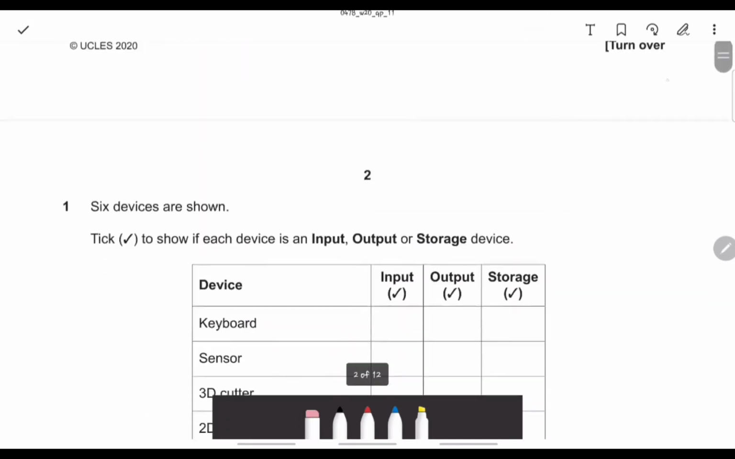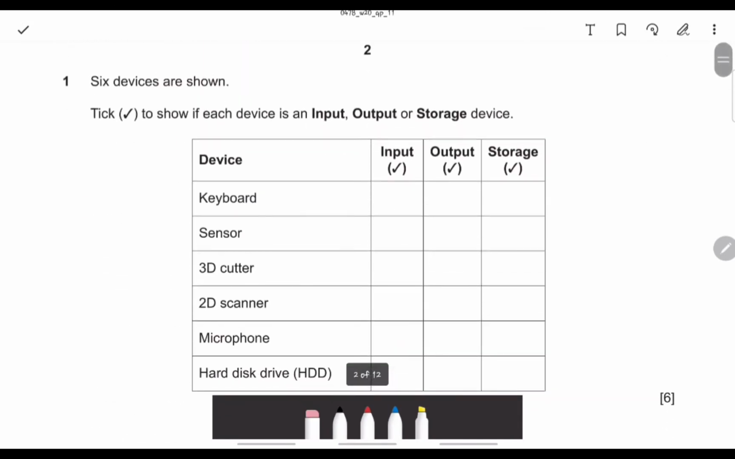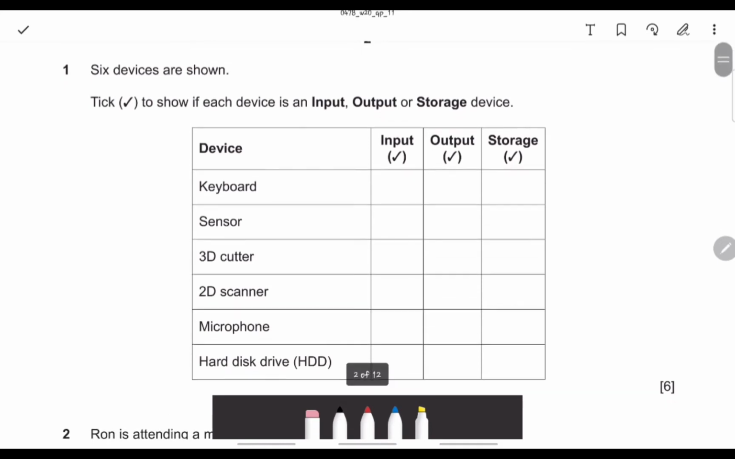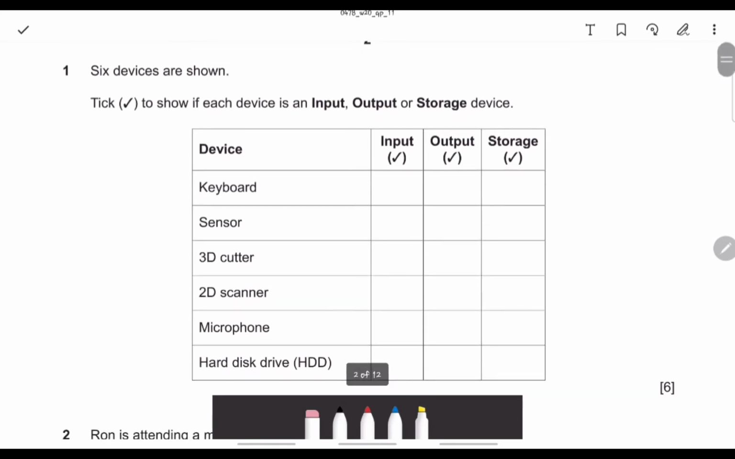Okay, so let's begin. Question 1 talks about input, output, and storage devices. We simply have to tick whether it's an input, an output, or a storage device. This is quite basic. So here you can see a keyboard. Basically, input is when